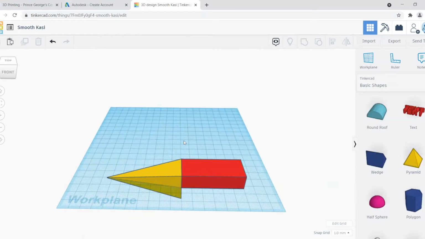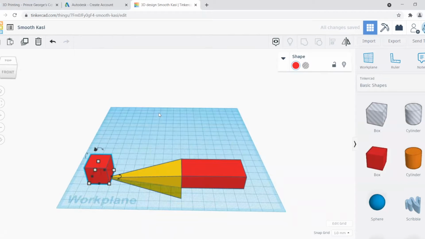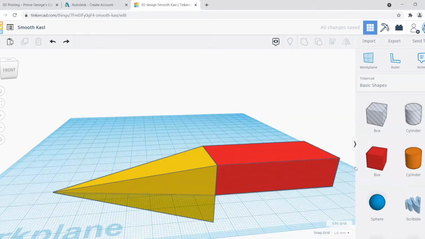Okay, now that's done. We need another box, and that box we're gonna use to create a shape from the pyramid, or to manipulate the pyramid to get a type of shape that we want. But we're going to turn the box into a hole. So anytime you turn a shape into a hole, whatever that